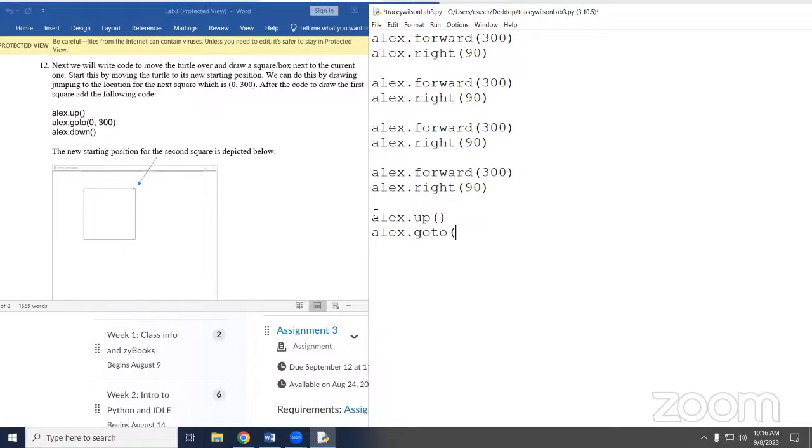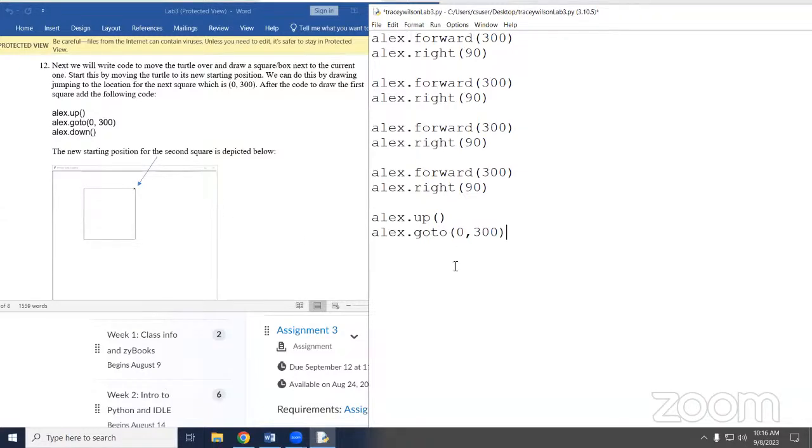You can read it off the paper and it's 0, 300, but it's just 300 pixels to the right. And you're all going to go, how am I going to figure out these coordinates? It's a little bit of trial and error. After you've drawn your turtle for a while, you're going to go, that looks about 100 pixels. But it is going to be some trial and error trying to get everything aligned exactly the way you want it.